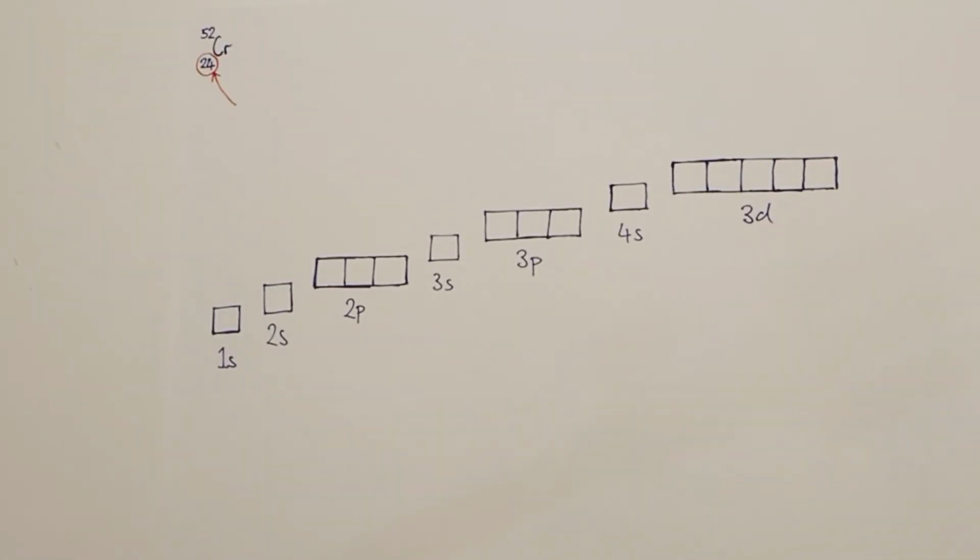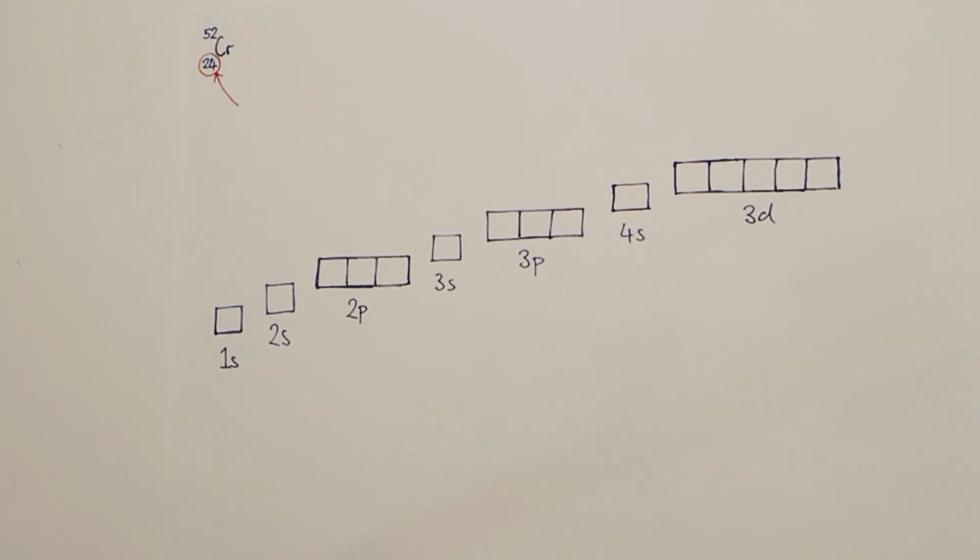The next 2 elements are a bit of a curveball, chromium and copper. Now, if we were following through what we've seen in the video so far in terms of electron configurations, well, then we would assume that the end of the electron configuration for chromium would be 4s2 and 3d4. However, it's not. Chromium does something very interesting. Because of the proximity of the 4s and 3d sublevels,